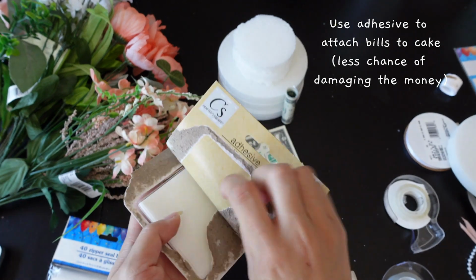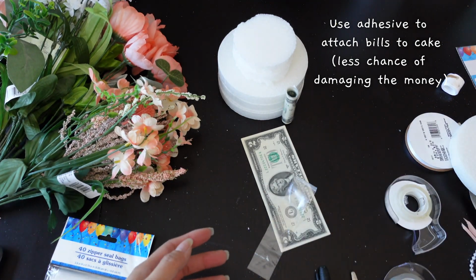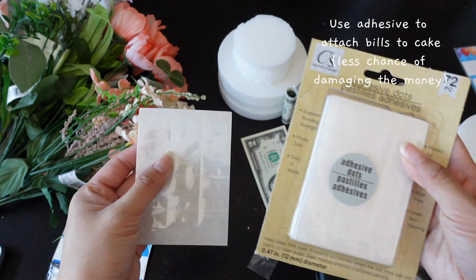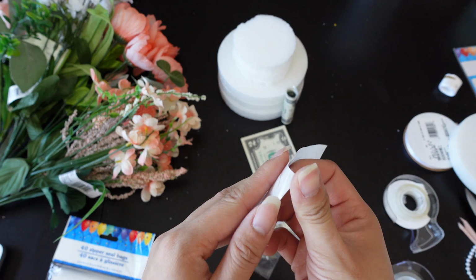I used these adhesive dots that I also got from the dollar store to stick the dollar bills onto the cake. They are pretty sticky. I mean, they worked pretty well. I used that for all of the bills, but